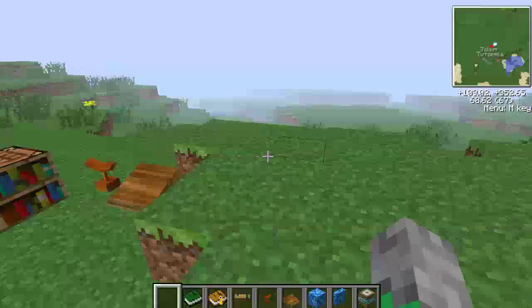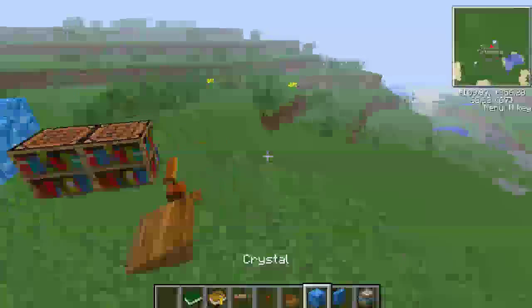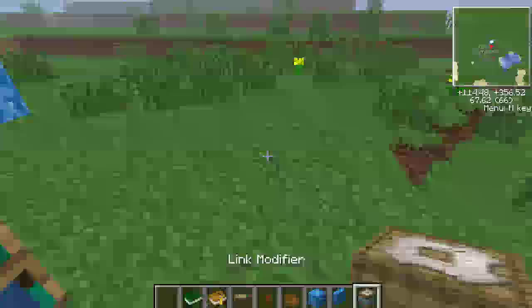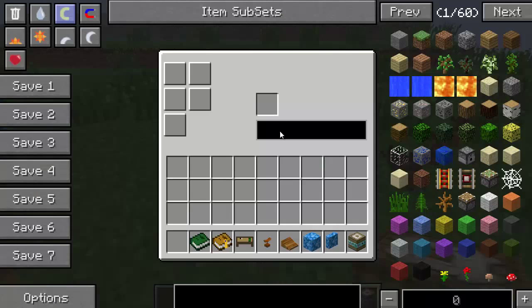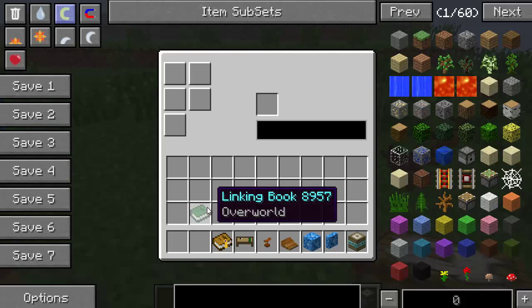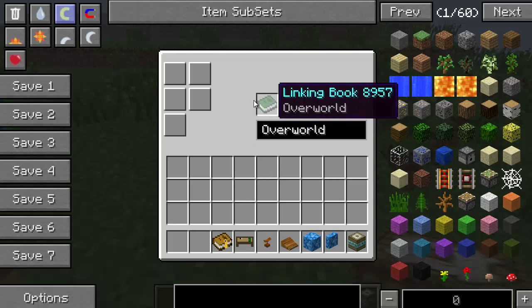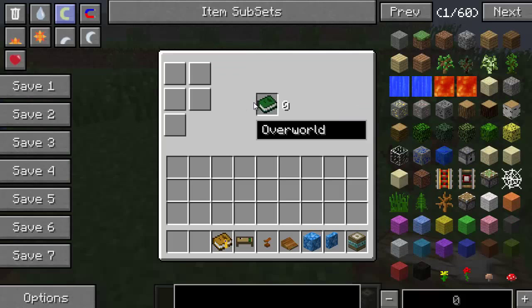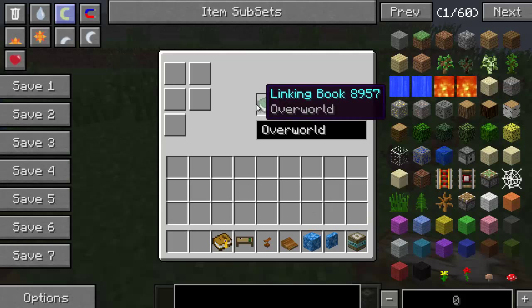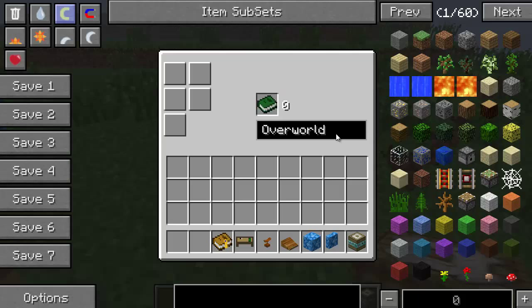Right then, so we are going to do the linking modifier, but well, is it link modifier? Yeah, so here's a link modifier, but basically this is like the writing desk is used to customize descriptive books. You can use the linking, why do I keep calling it linking? The link, whatever this thing's called. Link modifier, that's it. Yeah. So basically, it's used to modify these things. You can change the name of this. So if I just change that to home, then